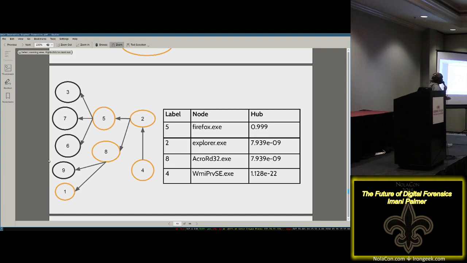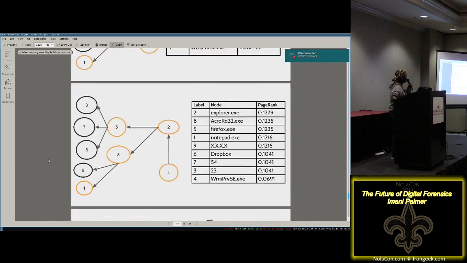I use a different algorithm. It's called HITS. So basically hubs are large pieces of data that are super important. So that's why Firefox.exe pops up, because it has a bunch of different nodes lined up behind it that are also important for you to get to. But what its goal is to show you is, like, who goes out and does higher level applications in your system. So an internet browser should pop up, an application should pop up. So you see Adobe's up there, and Explorer.exe is just actually saying that the GUI was used throughout this application.